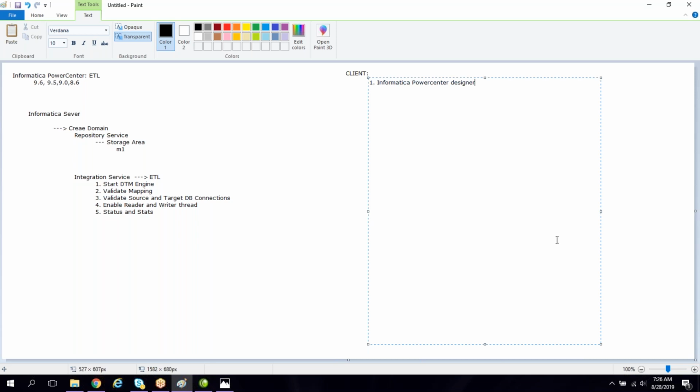Informatica PowerCenter Designer, PowerCenter Workflow Manager, PowerCenter Workflow Monitor, Repository Manager.